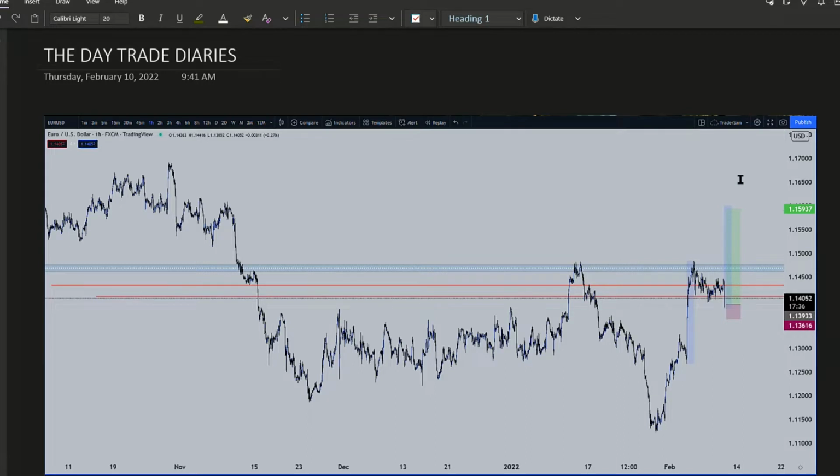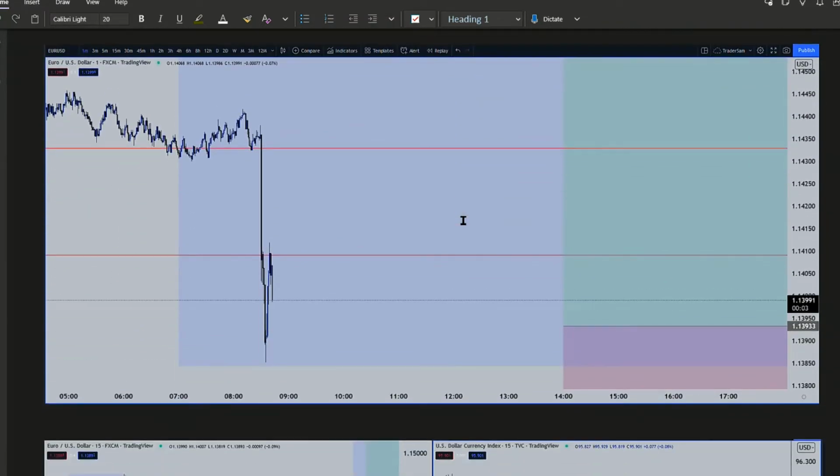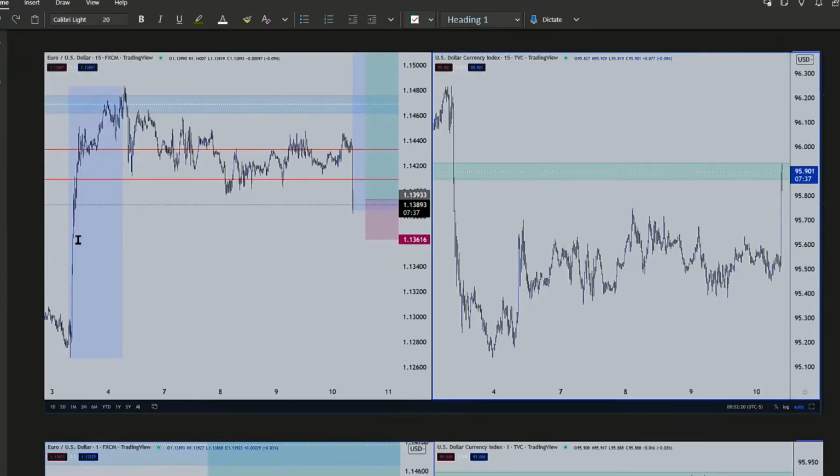So let's get to some of the details here. As it was coming down, I took the trade right under 1.14. Around 1360 is where I put my stop loss. Going down to the 1 minute, when it started coming up, I wanted to see a reversal. It didn't do it right away, but I always allow for ideas of it trying to come down 3 times and then rally. So, looking at the 15-minute chart,